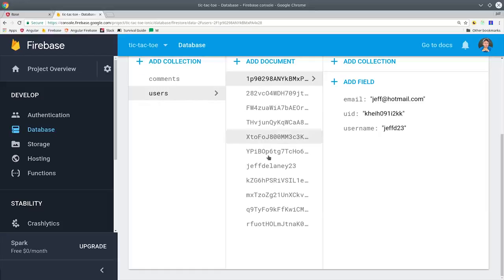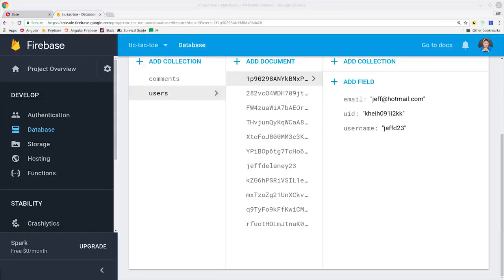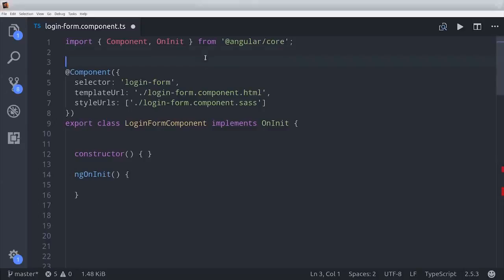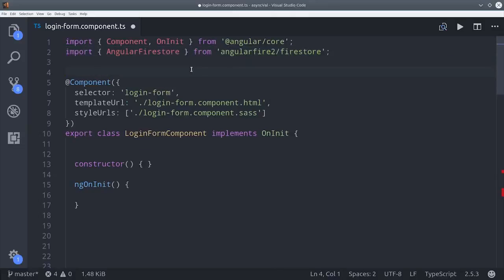The end result of that lesson is a collection of users in the Firestore database. Each user document has some custom user information saved about them. In this case, we have a username, and we want to validate that every new user has a unique username when they sign up. So the first thing we need to do is build out a reactive form to collect